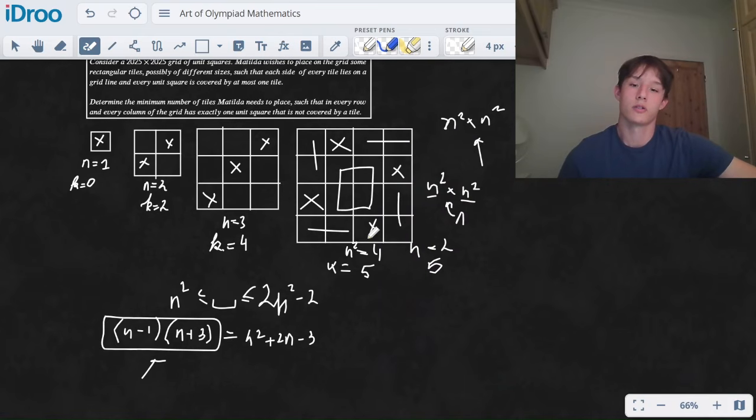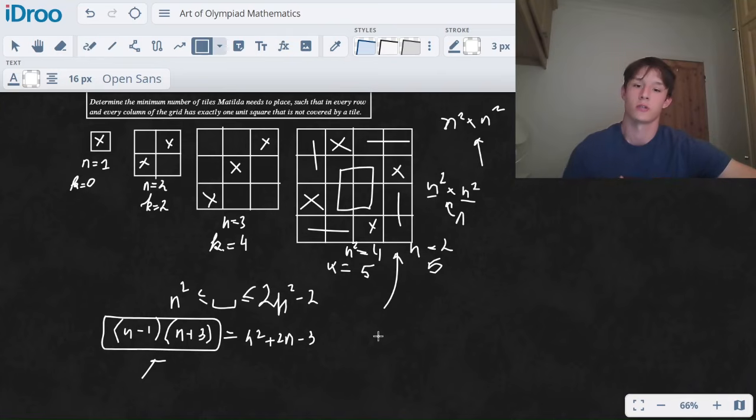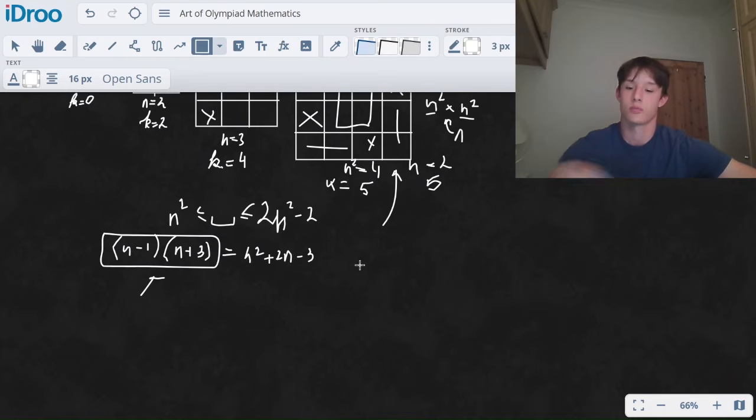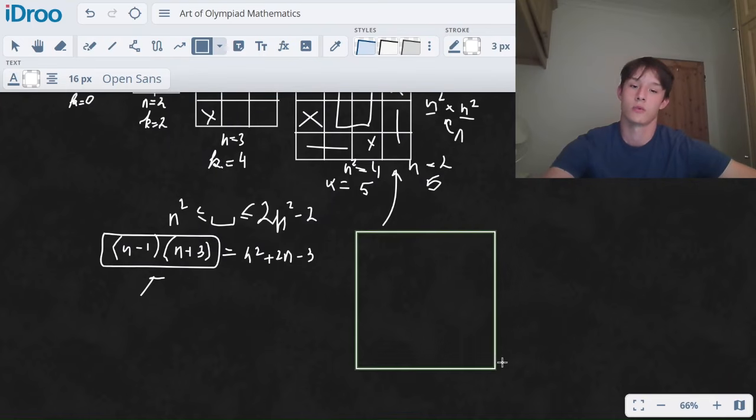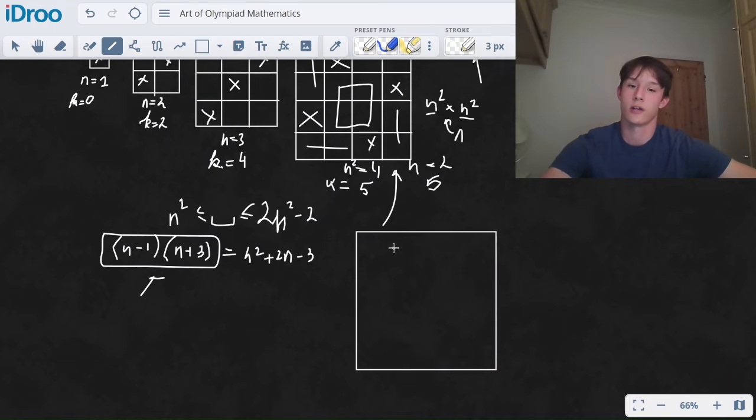And here, the other trick is with generalizing. So here we want to generalize this into an n squared by n squared board. The way you generalize this is you try to essentially look at variables. So here we have n equals 2. Look at anything that's 2 and try to change that into n. That's general advice on all construction problems. That usually works out pretty well. So in the case of n equals 3,